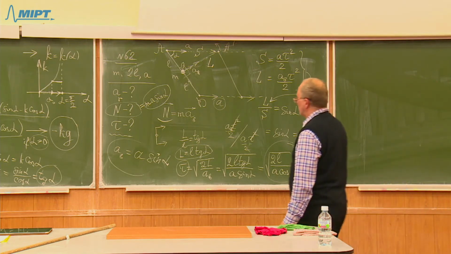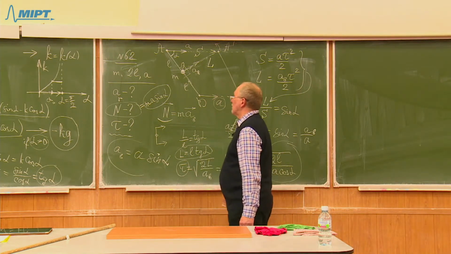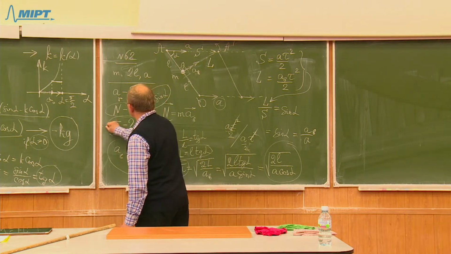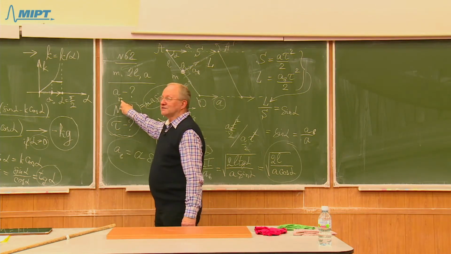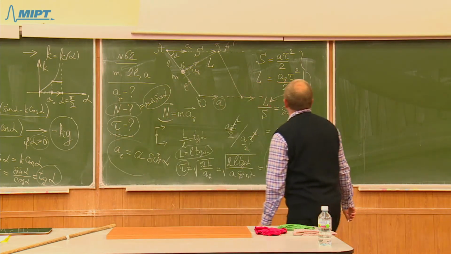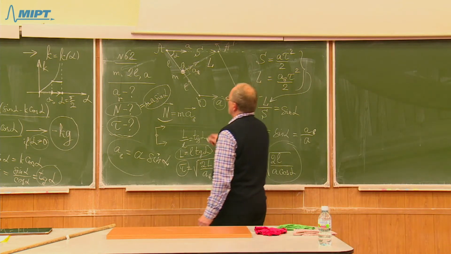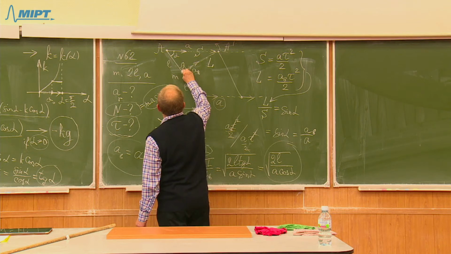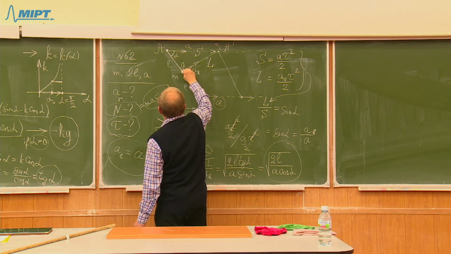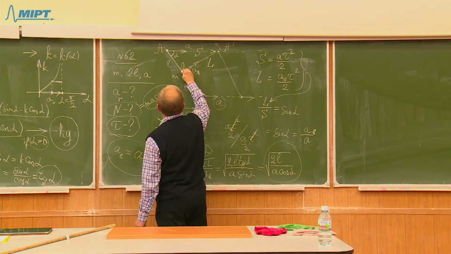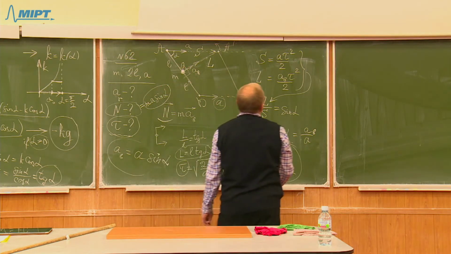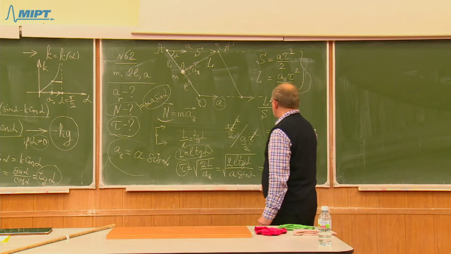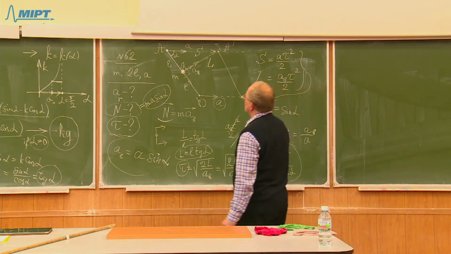So we have found the time interval required for the bead to slip off. The only remaining thing is to find the acceleration of the bead relative to the rod, which is also very simple, because within the time interval tau, the bead will go from the initial point O to its final point A relative to the rod. The bead will go from the center to the end, and then slip off. So the distance L is known, and the time interval is known,